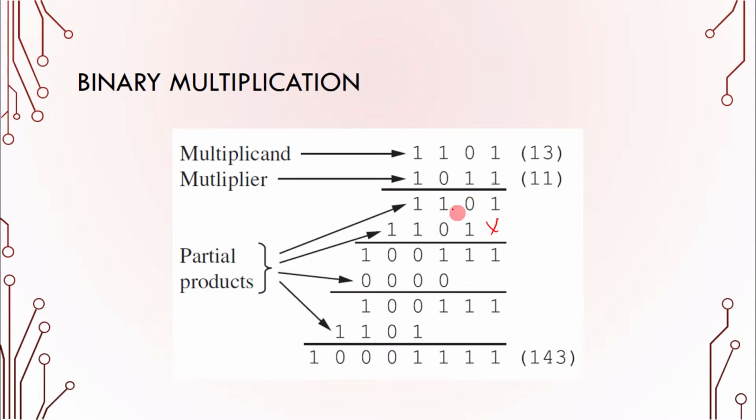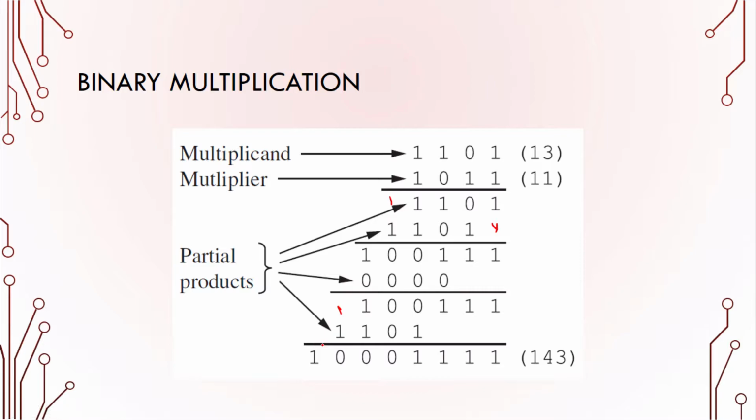This is 1, this is 1, this is 1, and this is 110. There is a carry here, and this is the carry 1. So when you are multiplying this number with 0, you have all zeros, and here again you are adding these two numbers. This is the partial product, and finally for the last bit of this 11, you have 1101, and when you add these two numbers, you have your product 143, and in binary notation it is 10001111.